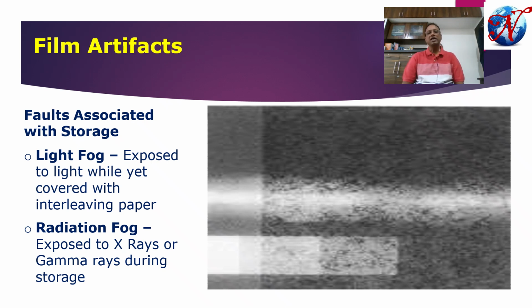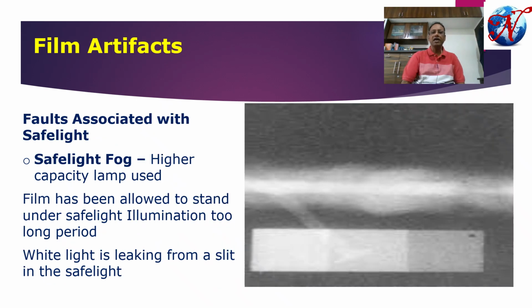This is due to the exposure of light while it is covered with the interleaving paper, or it is due to radiation, X-ray or gamma rays, that is unfortunately absorbed by your film and it has been exposed by the radiation without any requirement. And if that occurs, the appearance in the radiographic film will be a foggy appearance, black dots, foggy appearance in the radiograph. This is due to the light fog